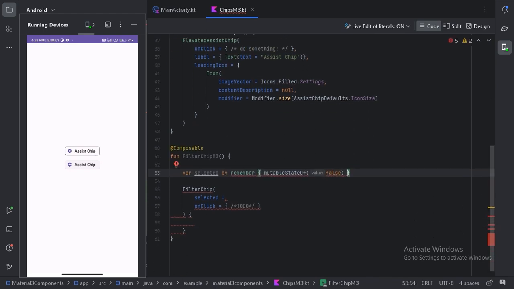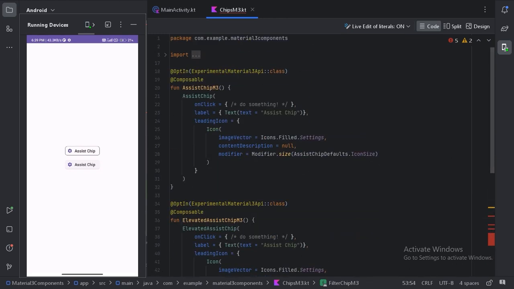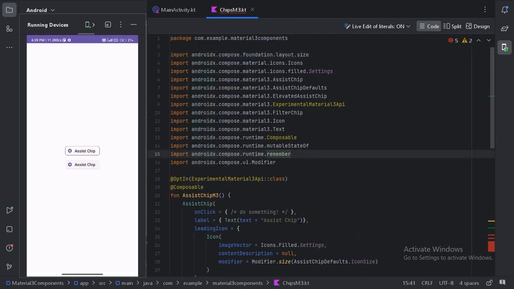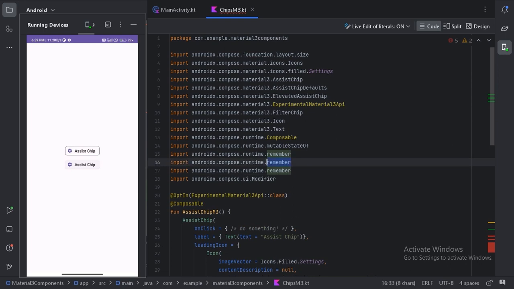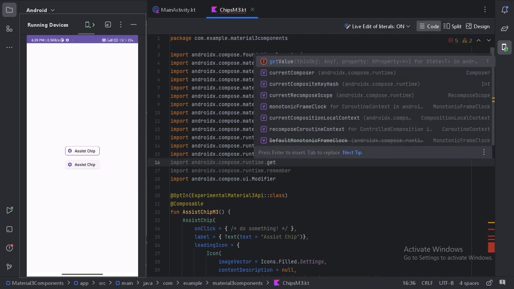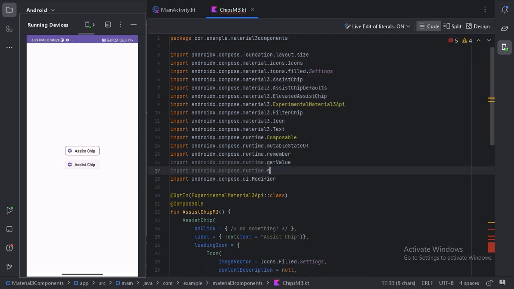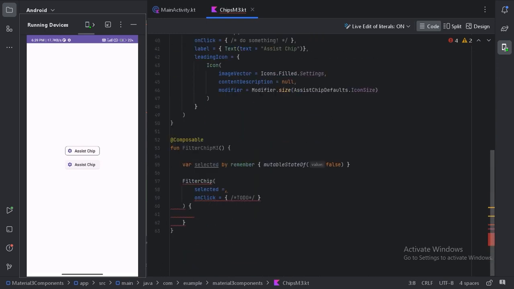So here this is giving an error. So what we will do, let's go to these imports and make two copies and import two more values, getValue and setValue. And now we can see this will not give an error anymore.